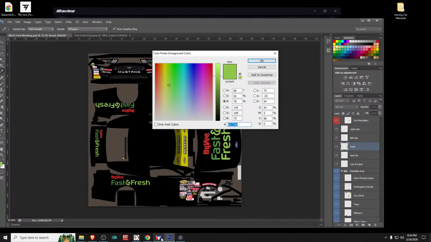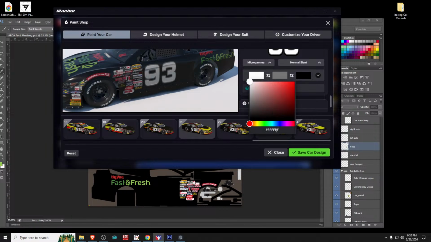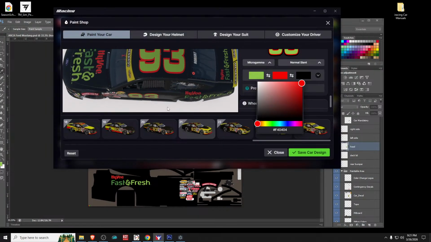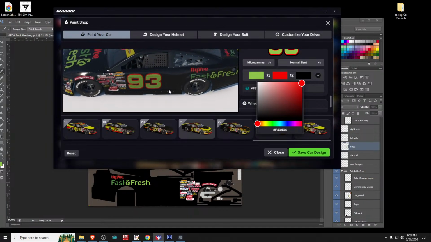Copy. Paste. And what color do I want to make the outline? We'll probably go with red. That sticks out pretty good. Definitely going to see that number. Oh, absolutely. Might go a little bit more yellow on the